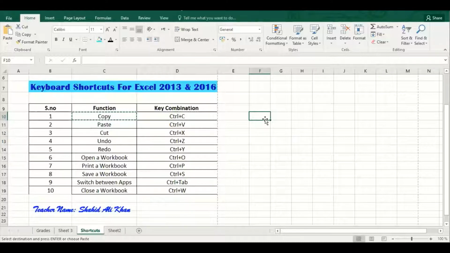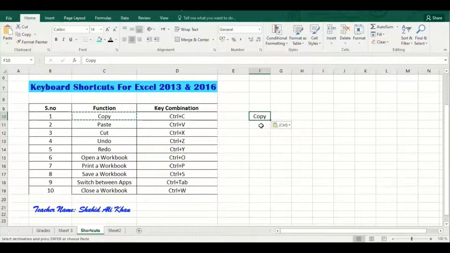So I will press the Control key and the V key together. You will notice the text appears in the new location. So that is called copying a text. You can copy a text by using the Control C key and paste by using the Control V key.